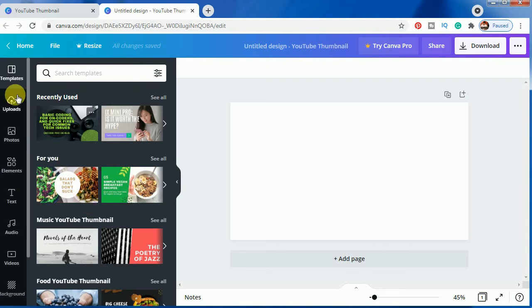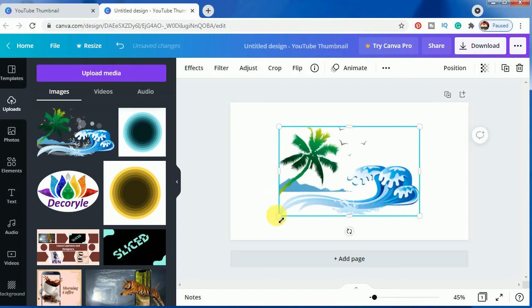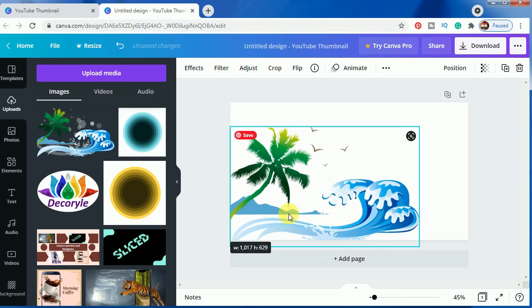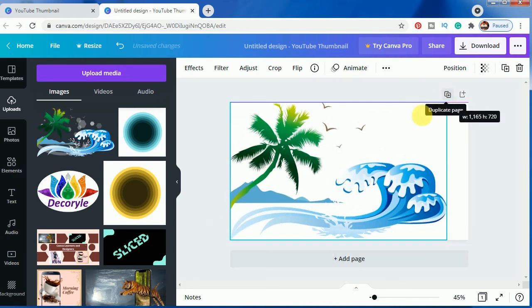We will go to the upload section, and as you can see I have already downloaded a PNG file for this wave effect, which I have downloaded from pngwing.com, and I will share you the link of the image there in the description so that you can download it directly from there. Okay, so let's move to the effects now. So let's make it bigger here, and after that